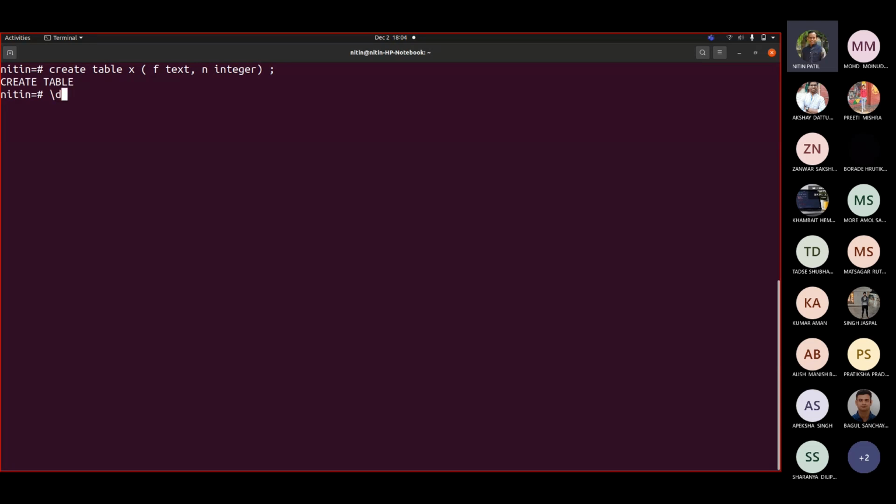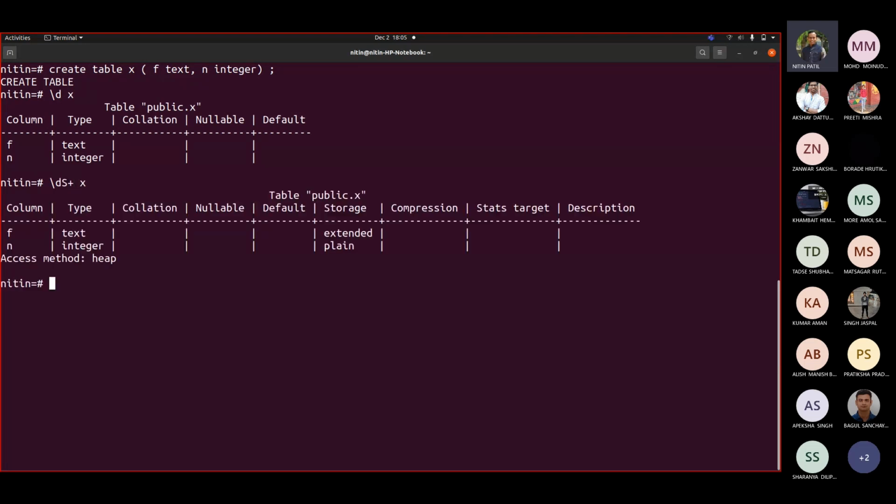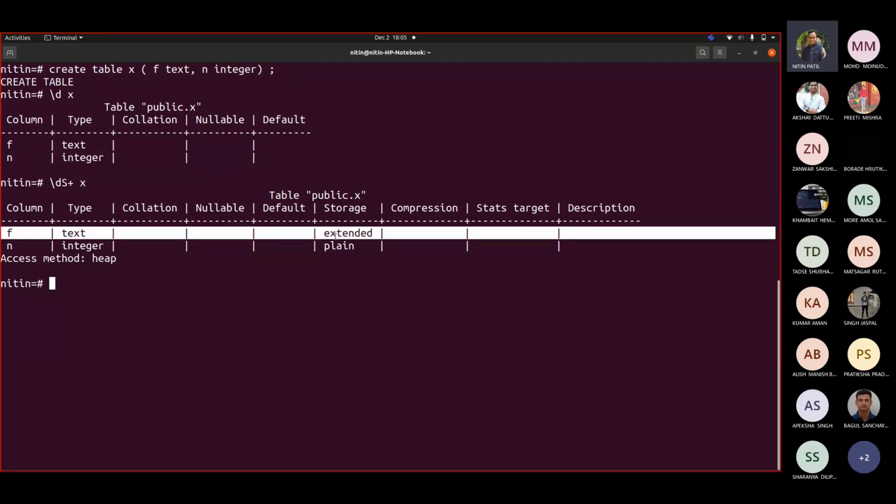If I write \d X, and \d+ X, now you can see here that for text, it is having something as extended. Sometimes you will see the same thing with respect to varchar as well.